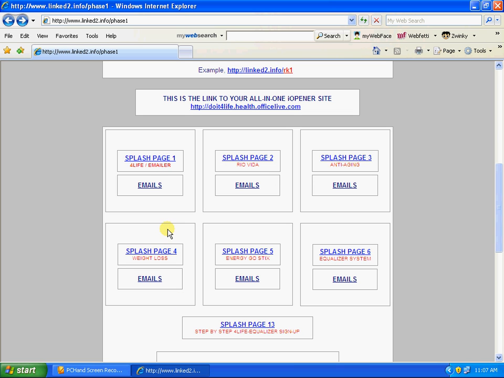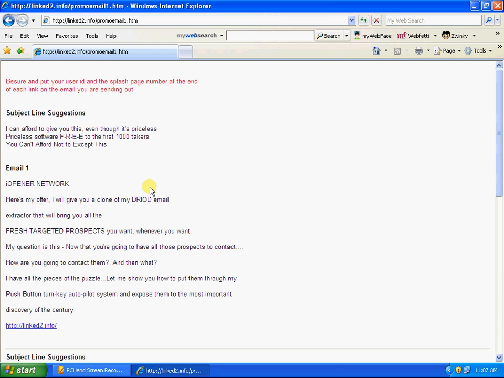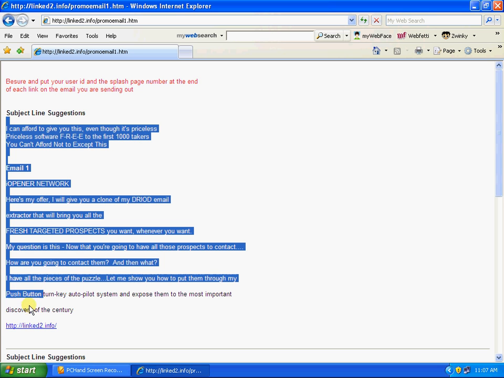You just go to the email that's right below the page you're going to promote, click it open. There's an email already prepared. You can pick the subject line and the email itself, and all we're going to do is copy that. And so the easiest way is to put your cursor right at the beginning, hold the left mouse button down, just drag it all the way down to the bottom, go up here into edit, hit copy,